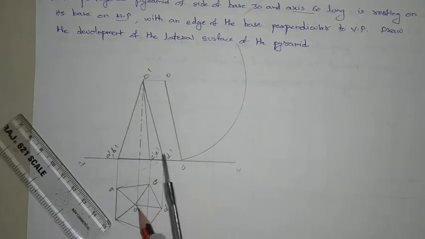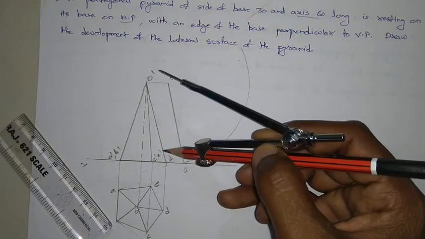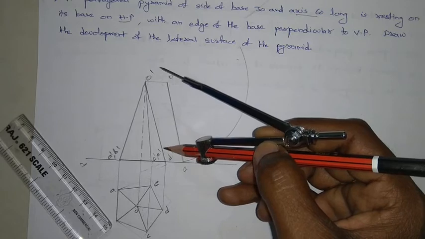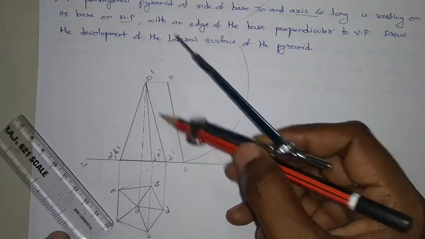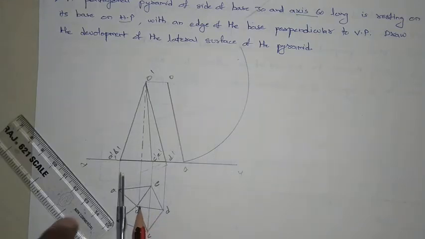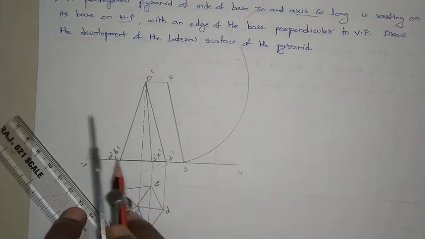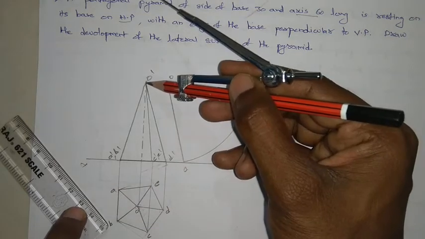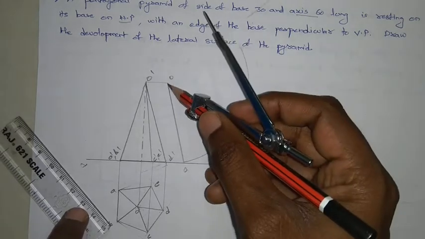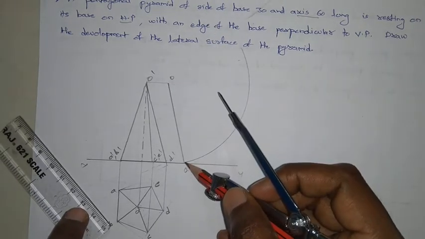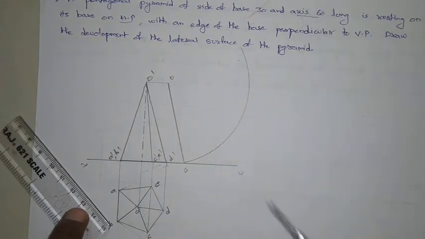For example, if you take OC, so this is OC. This OC length is always smaller than this one. So if you want to get the true slant edge length, we have to consider the slant edge which is parallel to xy line in the top view. So this OD is parallel to xy line in the top view. So I have taken the front view slant edge length. So with the help of this, I have drawn this O point as center, O to this D as radius. I have drawn a arc, some unknown angle.